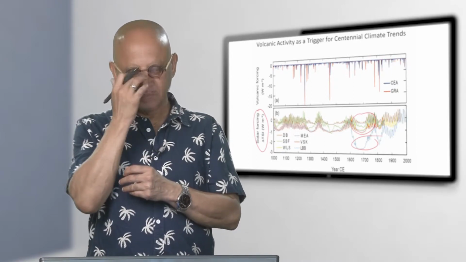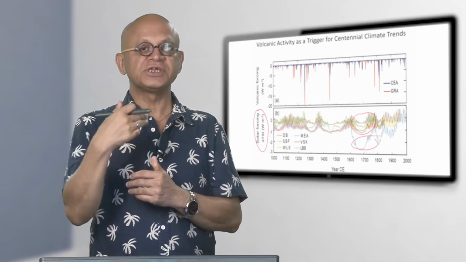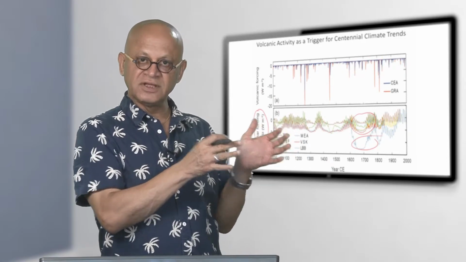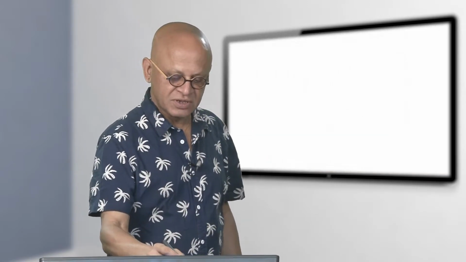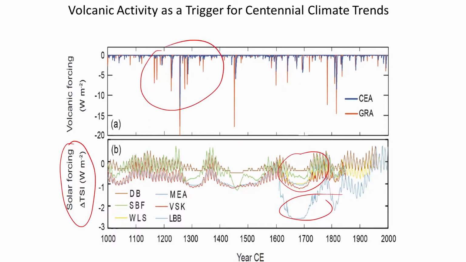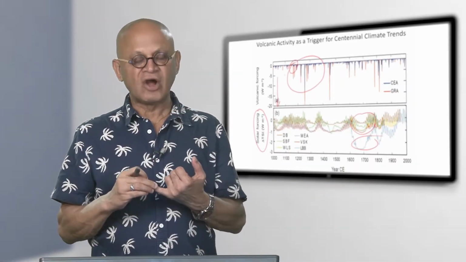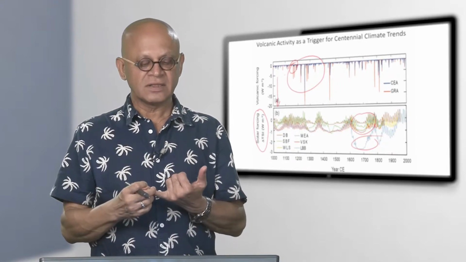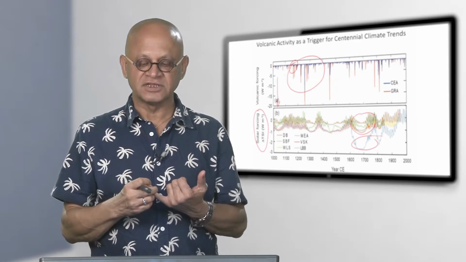But what has played a bigger role in initiating the cooling, for example, coming out of the medieval warm period into the Little Ice Age, is the volcanic forcing. So, you can see that volcanic forcing can create large perturbations, even though it lasts for a very short time. It's a pulse, because volcanoes erupt typically and then they die down. But there are two things. One, the amount of dust produced by the volcano obviously matters. Secondly, it matters where that dust is put in.